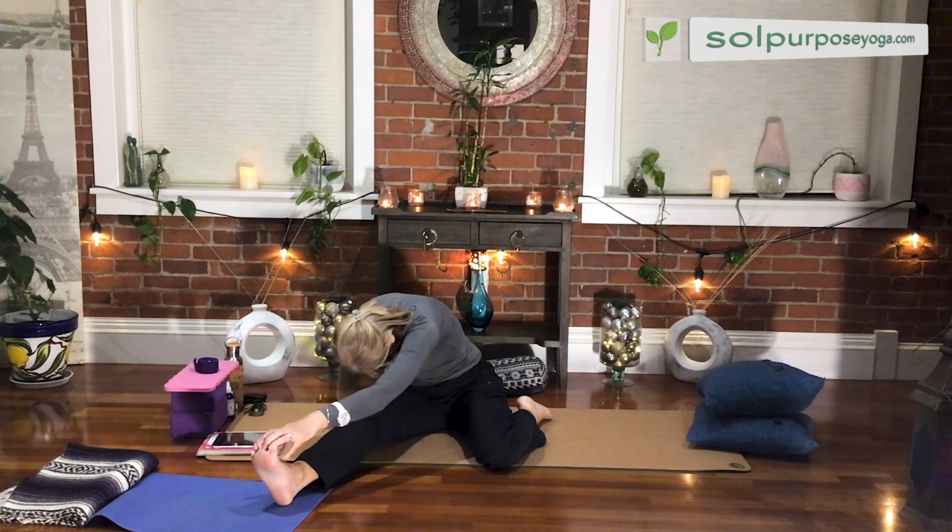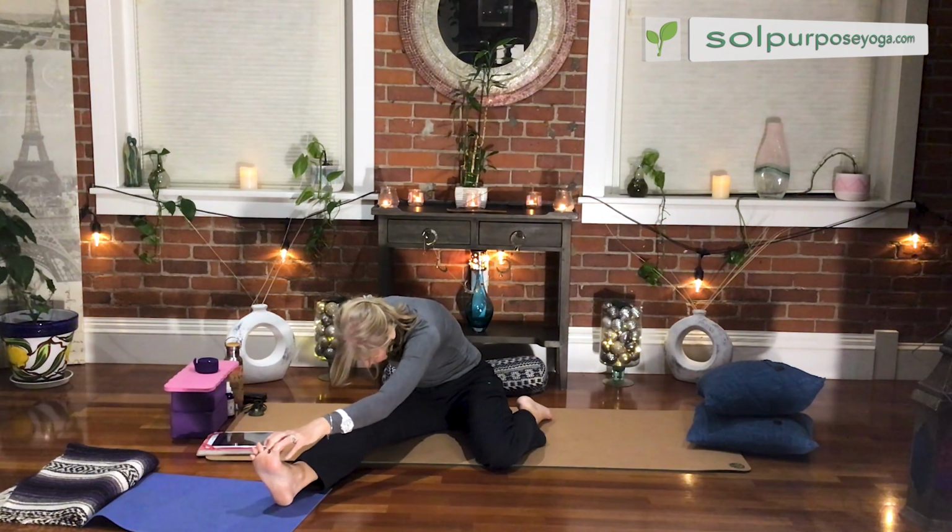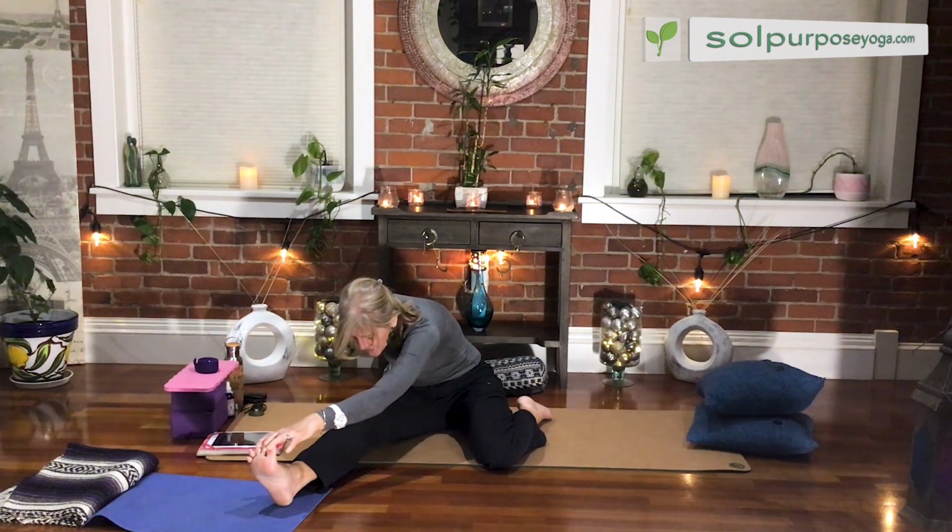Now again, that left hand may land on the top of the thigh. It may land on top of the calf. You may be really used to doing this and be able to just keep your legs straight with a little bit of a bend in your right knee, and come forward. So inhale and then exhale, maybe coming a little bit forward, using that right hand behind you